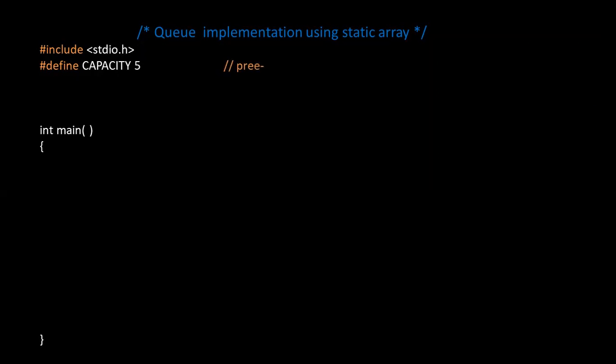Now, we need to define the queue whose size we are using is hash defined. The size is nothing but the capacity, and the size is 5. This is what we call a preprocessor macro, which is nothing but a constant value. No one can change this value since the size of the queue is fixed.